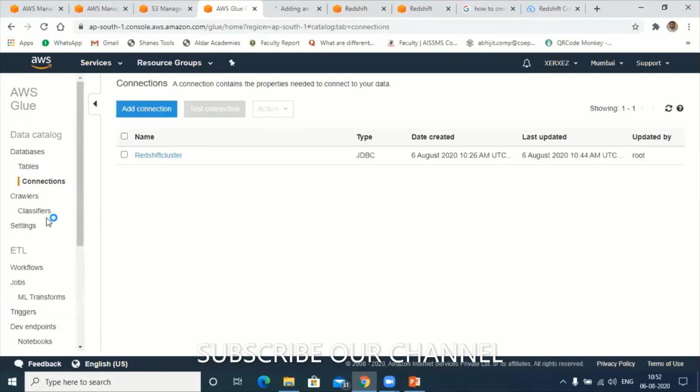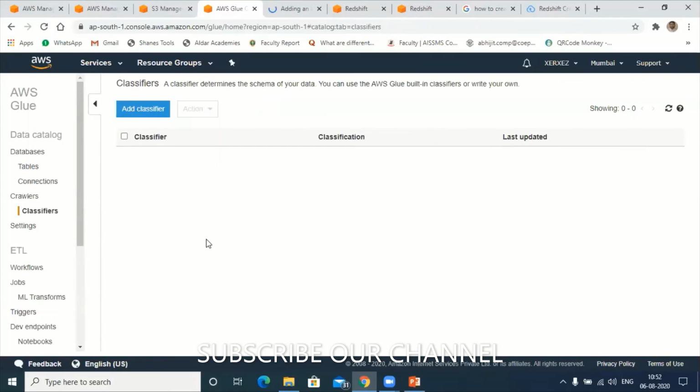We'll check with the classifier. Take this classifier, action. So the classifier is working fine.